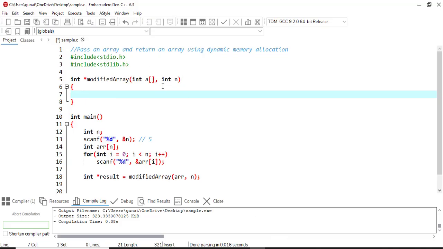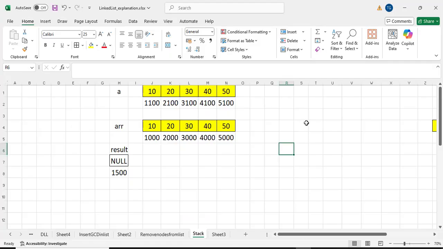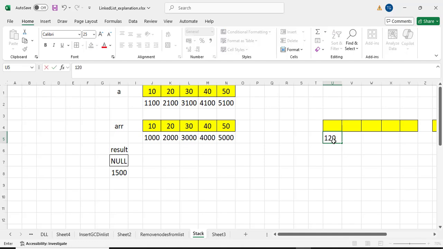Fine. Now I'm going to create an array by using dynamic memory allocation. So int star res equal to typecast int star malloc n into size of int. So n value is 5, size of int is 4. 5 into 4, 20 bytes of memory has to be allocated. So allocate 20 bytes of memory. So I'll give the address to be 1200,